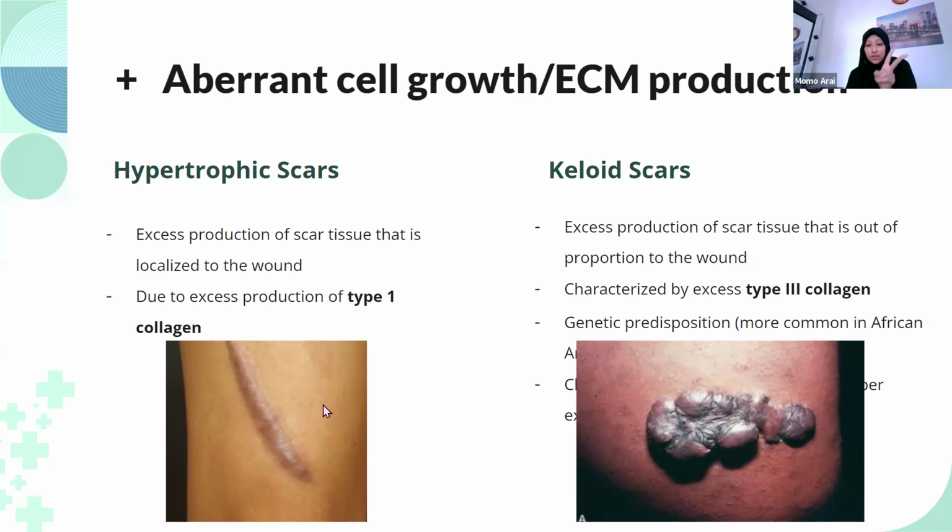And the second one is the type of collagen: this is type 1, this is type 3. And this one is genetic. So three differences. This is more of a genetic predisposition. The third abnormality is something called